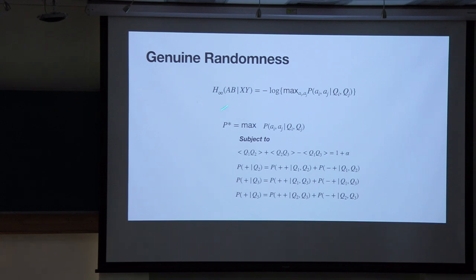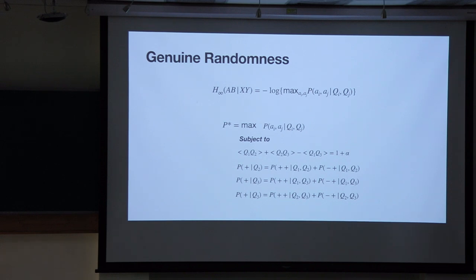In order to quantify it, we used the min-entropy, where we use the maximum of this probability over all the possible scenarios. The intuition is really simple, because the maximum probability will give you the least amount of randomness. In order to derive the bound, we solved this optimization problem, where we maximized this P over all the possible choices of inputs and outputs, with the constraints that the Leggett-Garg inequality is this, and the no signaling in time conditions are satisfied. Now for a Bell scenario, you can convert this into a semi-definite programming problem and solve it exactly, but it's not possible for this temporal scenario.